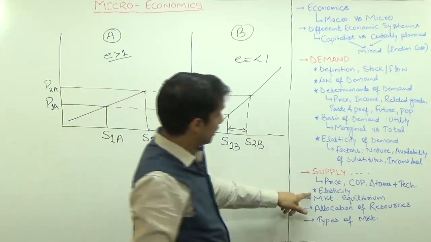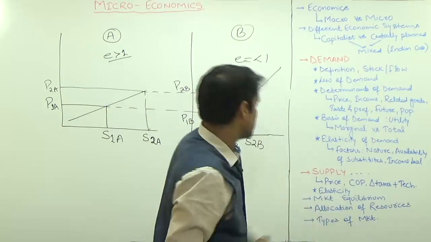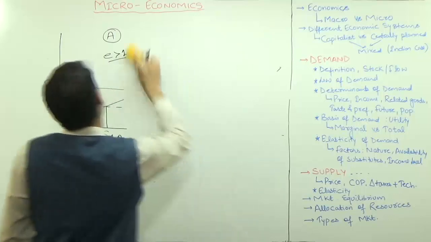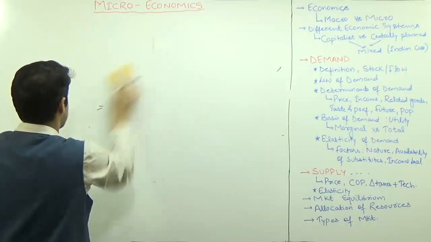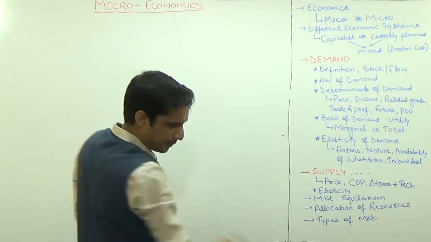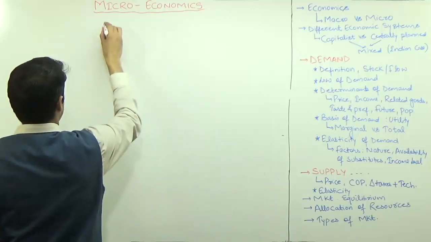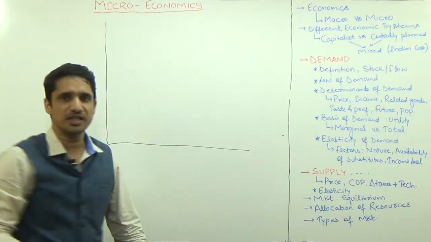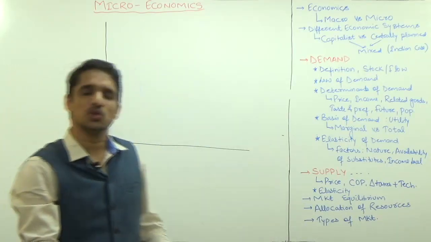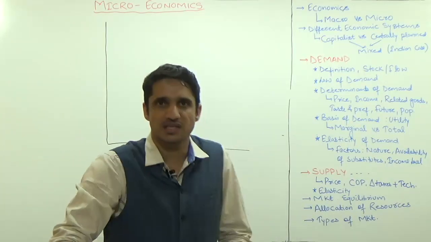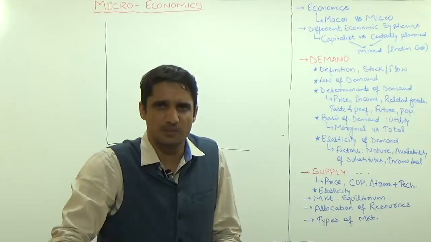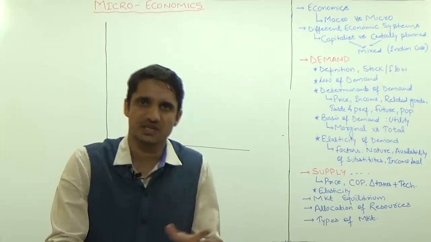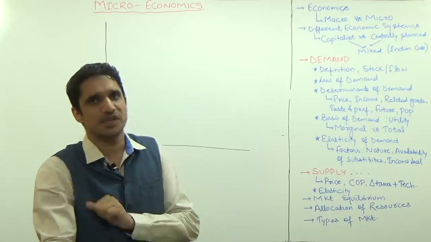Next concept is the market equilibrium concept. This concept was given by the father of economics, that is Adam Smith. Adam Smith propounded that the market should be free, the natural resources should be distributed by the private sector. There should not be any involvement of the government. The private sector is very efficient. Just allow the private sector without any intervention.